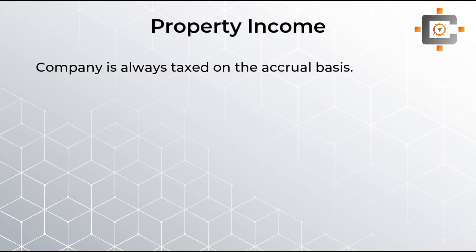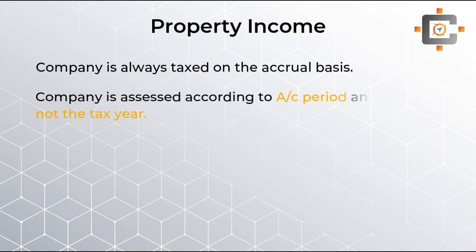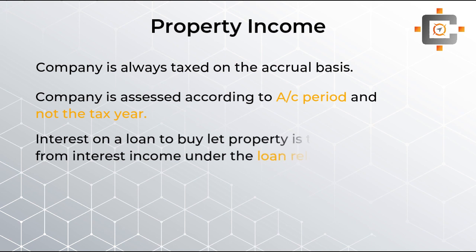The first and foremost important difference is that companies cannot use the cash basis while calculating property income. Property income will compulsorily be calculated according to the accrual basis. Here, students, we have to calculate property income according to the accounting year and not on the basis of the tax year or financial year. In income tax, we used to apply the tax year while calculating property income. But over here, we have to see what exactly our accounting year is, how we are preparing our trading profit. According to that, we will calculate our property income.